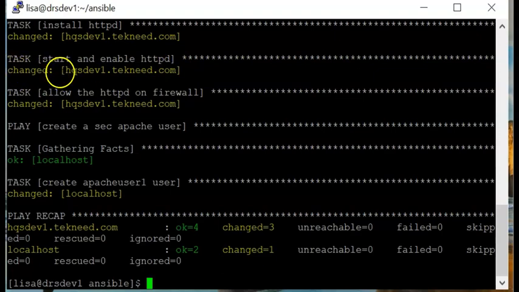You can see the color, which is yellow. So it has started and enabled HTTPD on hqsdev1.technique.com. Of course, like I said, it has also installed. So you can see the automation process. It is installing first, and then just the way we arranged it in the playbook, that's how it's going to do it for you. So it's also starting and enabling